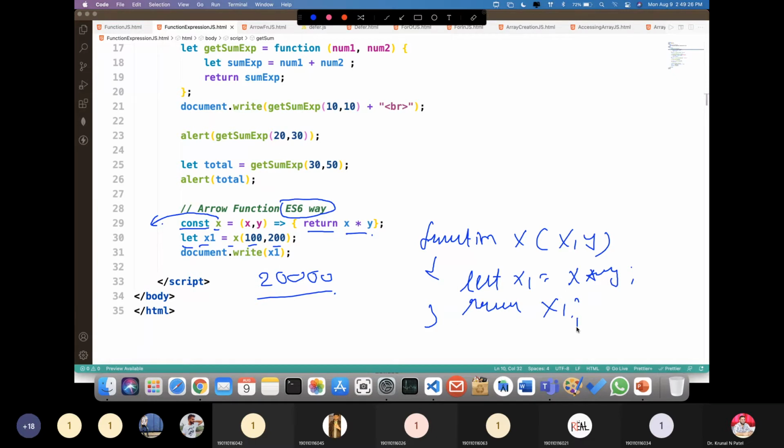This you can write directly, you can write return x multiply by y, right? But instead of this lengthy syntax, you can just write these things in one line, right? So this is the arrow function. So these are the three different ways of declaring a function.